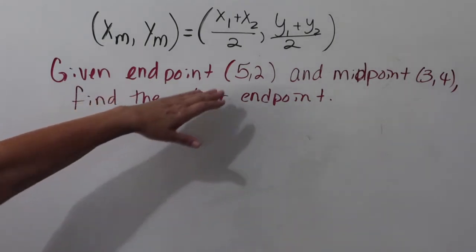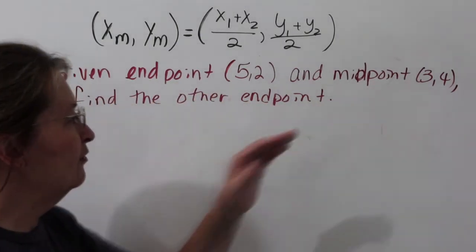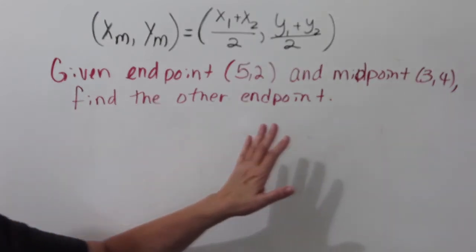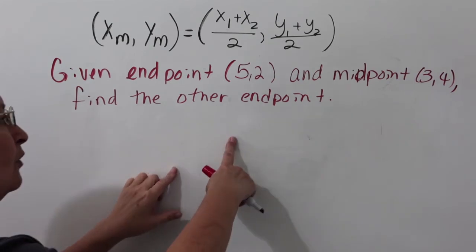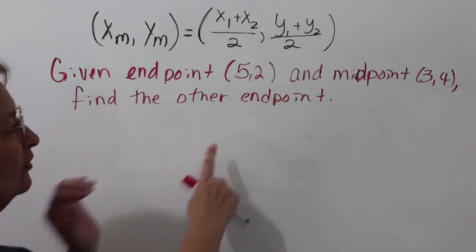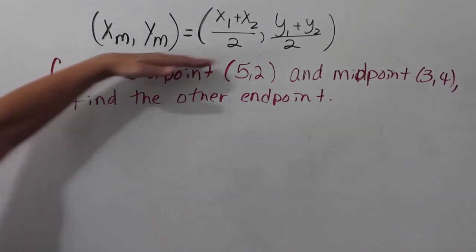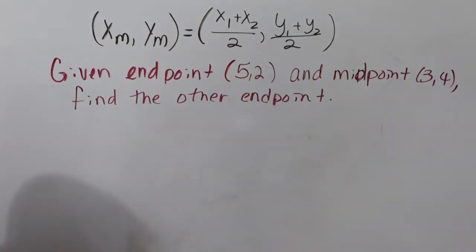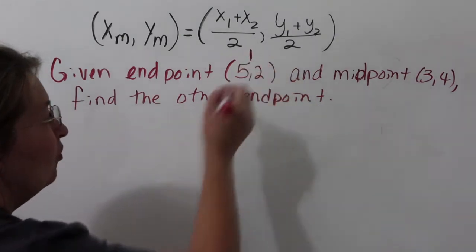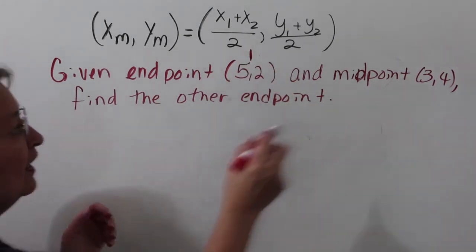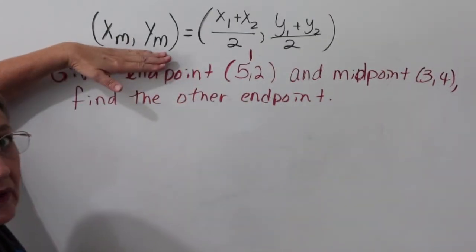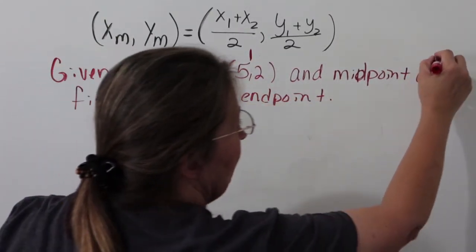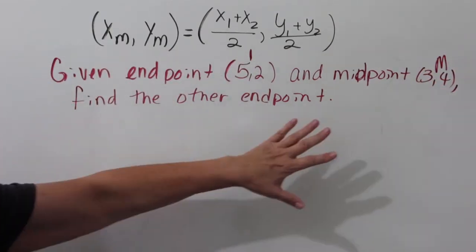Given the endpoint 5, 2 and the midpoint 3, 4, find the other endpoint. So there's a line segment and we know one end and then we know the midpoint. We're looking for this other endpoint. We're going to use the same formula. We're just going to plug into different parts of it because we're going to let this be pair number 1, just like we did in the other one. This is not pair number 2 though. This is this one. So when we fill it, and I'll label it M,